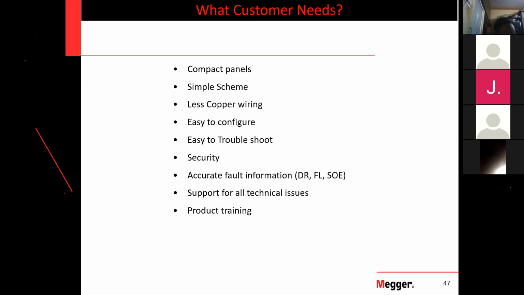Even if some genius guys on networking hack a SCADA system, they should not be able to trip the breaker. There is so much security with password protection. Even if you get control of their system, we should not be able to trip it. So that's what is meant by security.